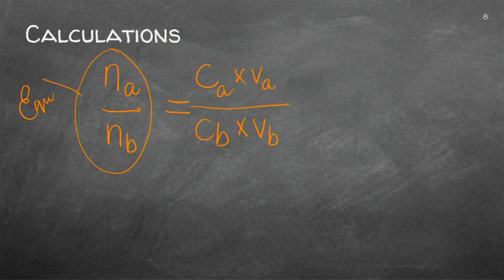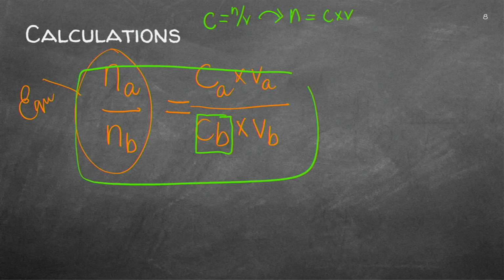There's a few ways to go about this. You can do it any way and style as long as you get to the answer. Remember, this is what they asked me. Why is n equal to C times V? Because C is actually n over V. Can you see how we got to that final work that we've done here to get this equation?